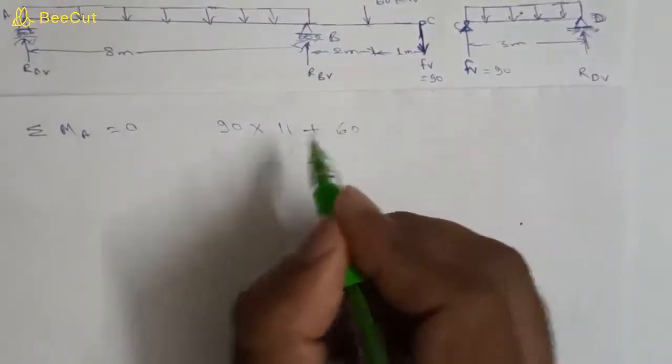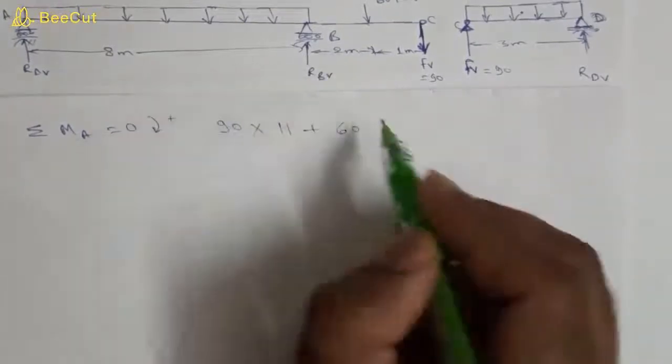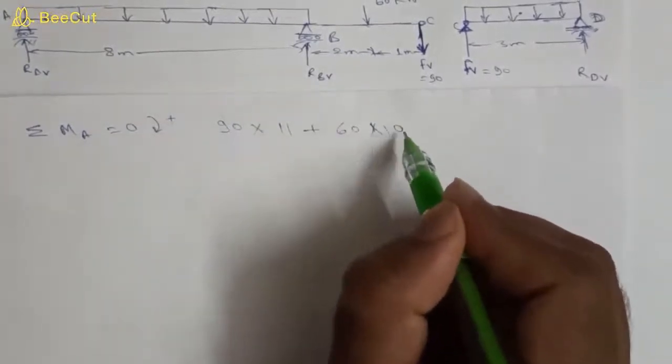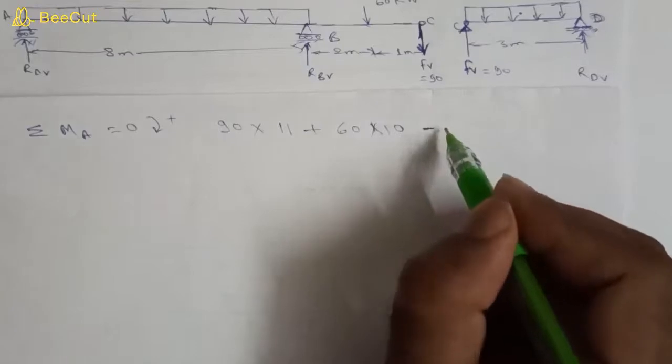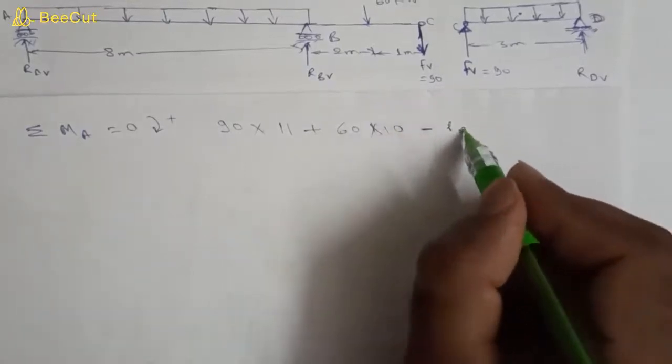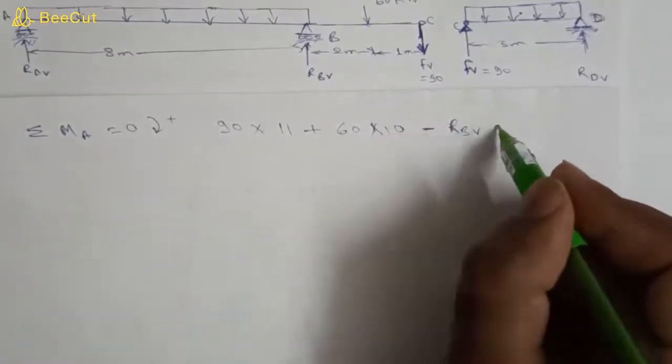So 60 clockwise is positive, so 60 into 2 plus 8, which is 10, minus Rbv into 8